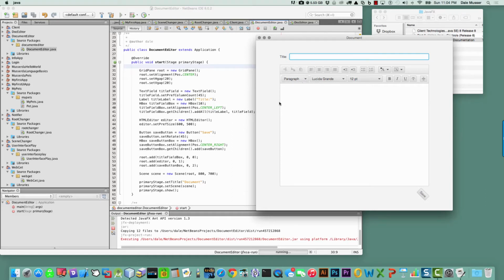In the previous class, we worked on creating the user interface for our document editor using JavaFX. The interface as shown here was laid out in a grid pane. So a grid pane was created. It included a text field for the title and a label to be placed to the left of the text field. And in order to place this label next to the text field, we used an H-box that allows us